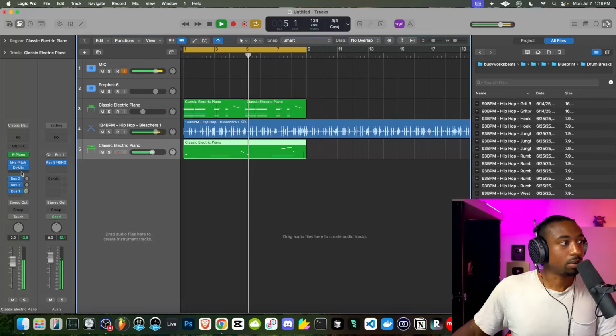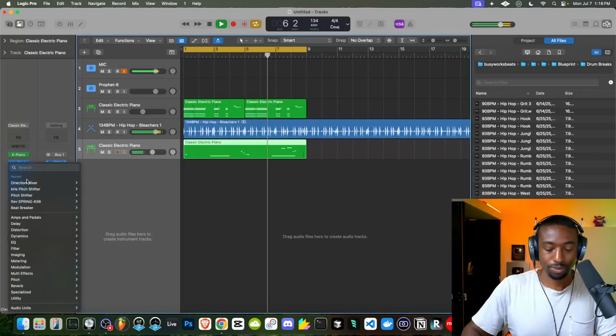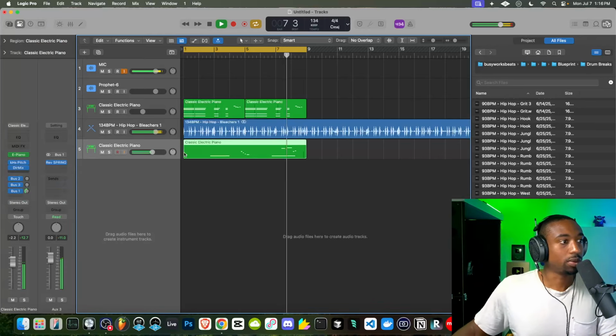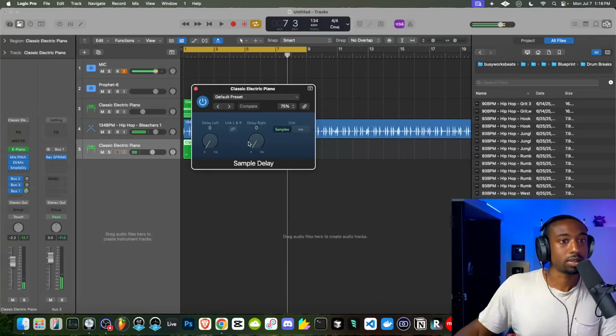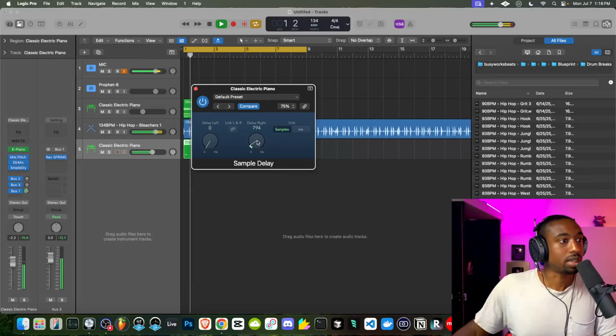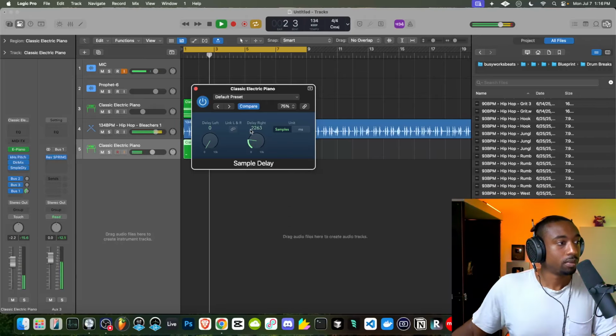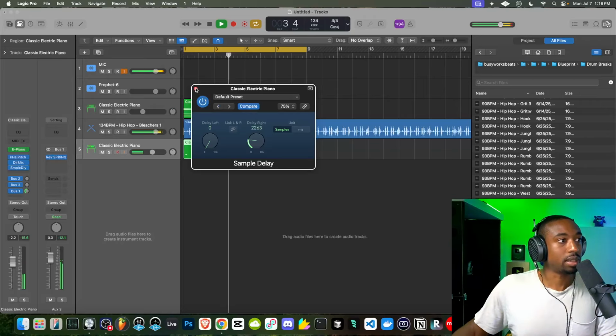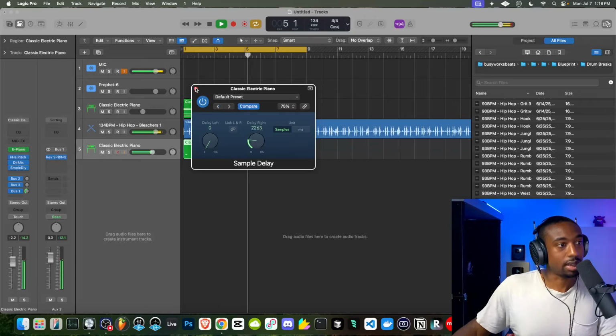And let's do that same thing where we add the sample delay. Again, this is the equivalent in FL Studio. It's called the Fruity Stereo Enhancer. It's called the phase offset. So here we're using what's called sample delay. And we're stereoizing a mono sound, which is different than the sound itself being stereo.